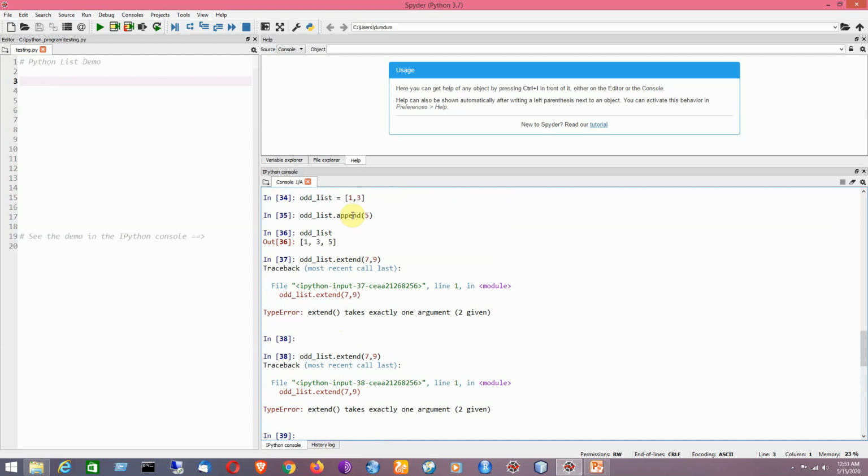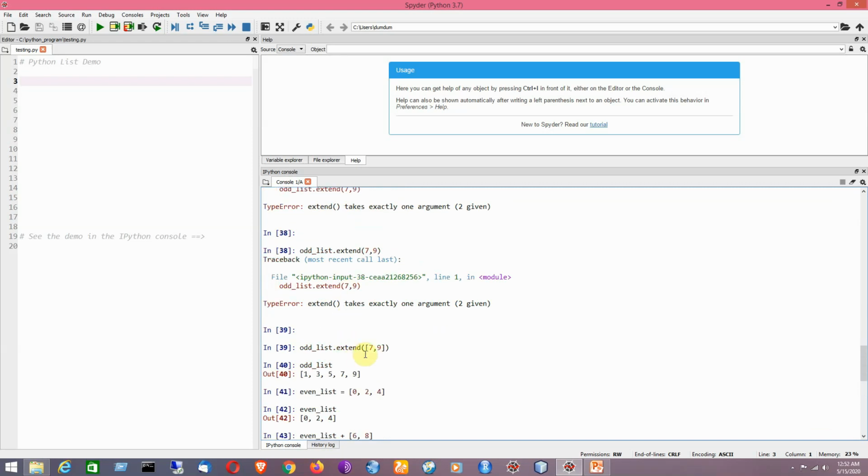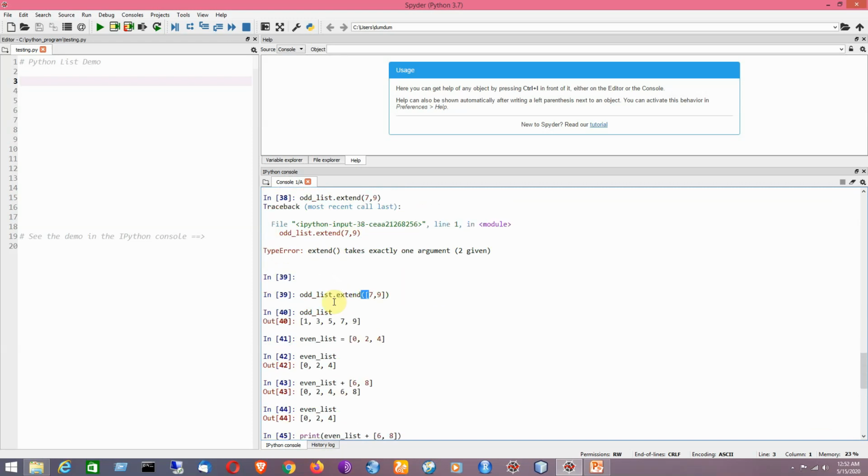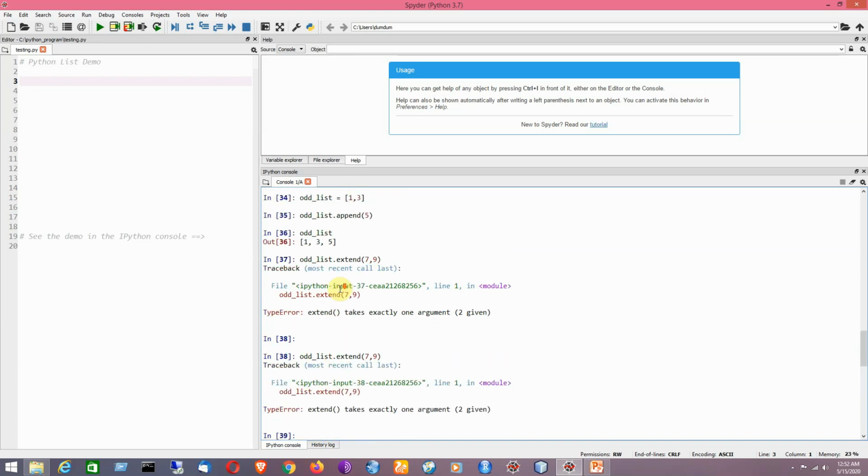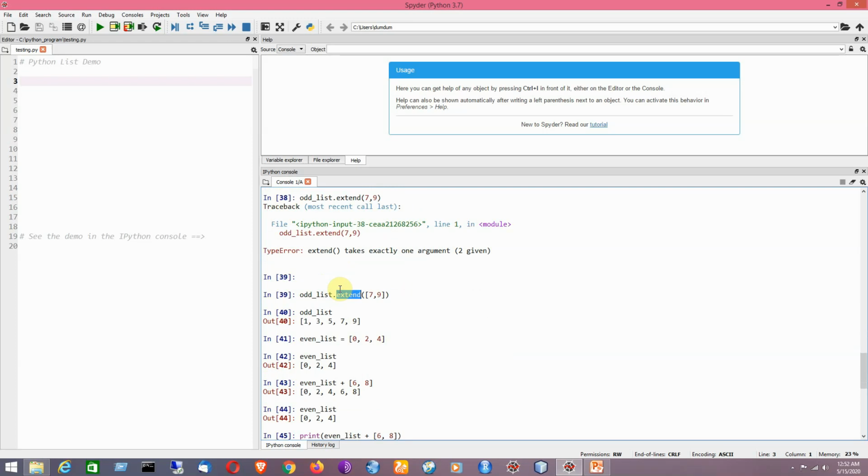Append adds only one element to the end of the list, while extend is used for adding more than one element to the end of the list. Both of them add elements at the end of the list only.